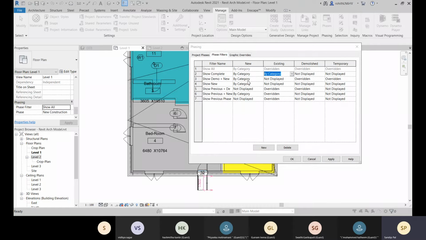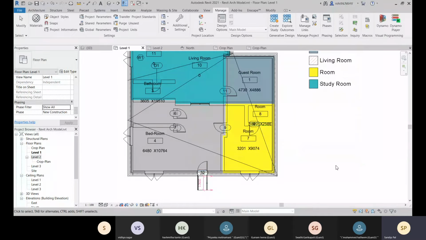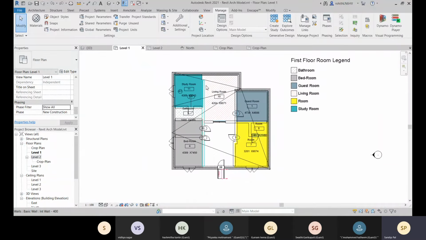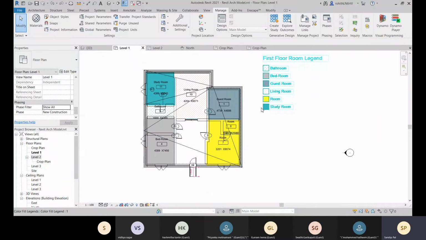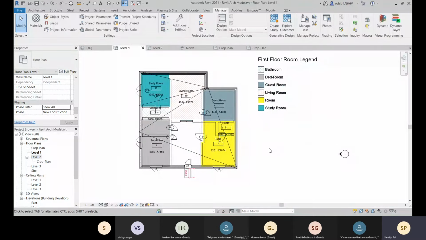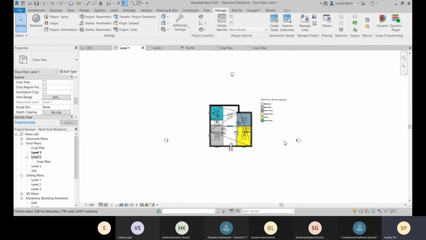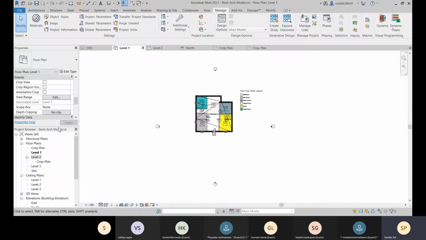All right. So what will be the options? You can go for this. All right. So you can complete. You can apply your phase filters. So this is how you will be controlling your views over there, and you can define your phases, which phase you have created.